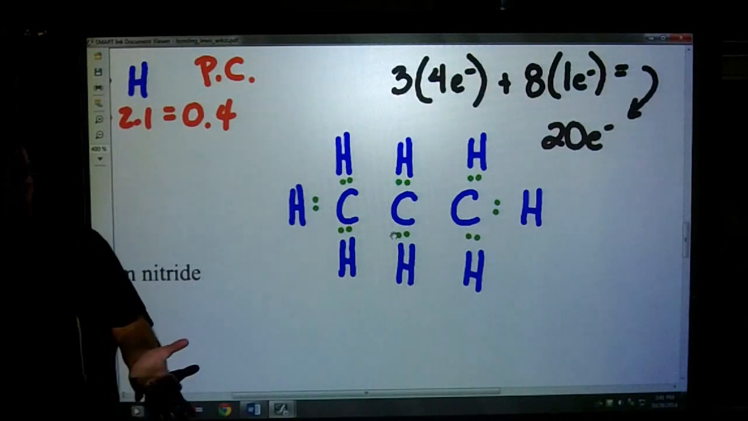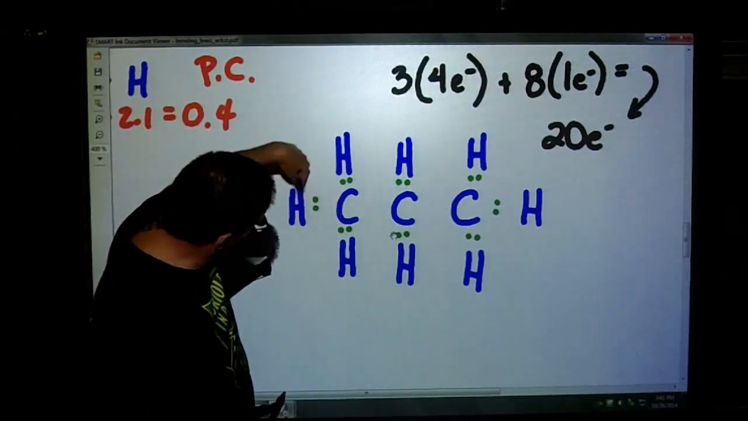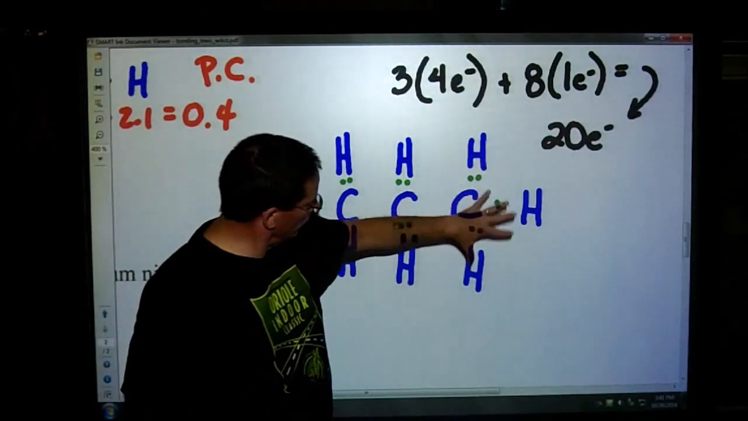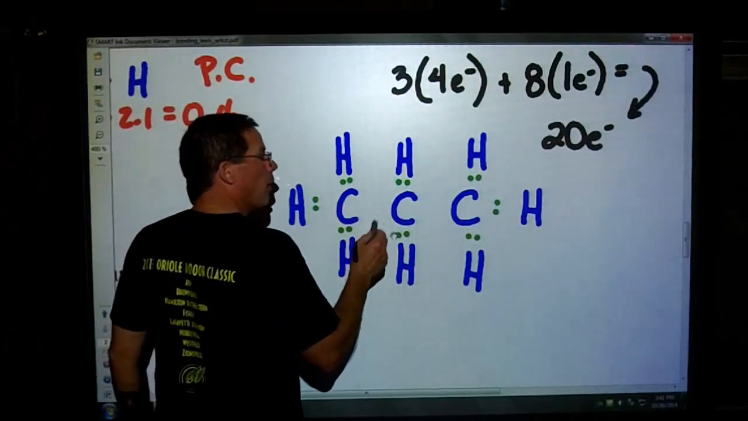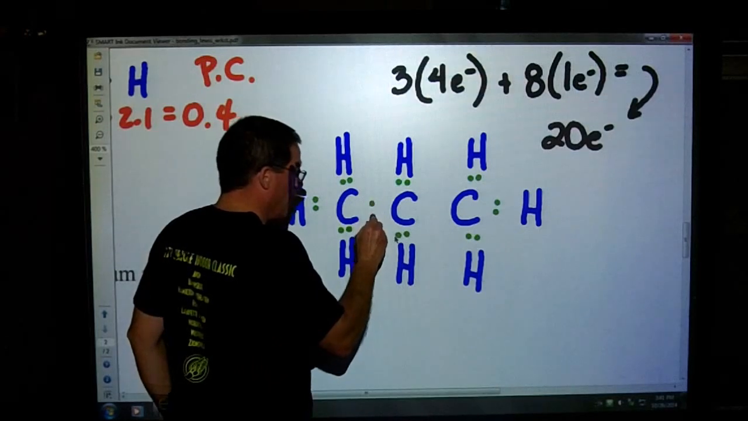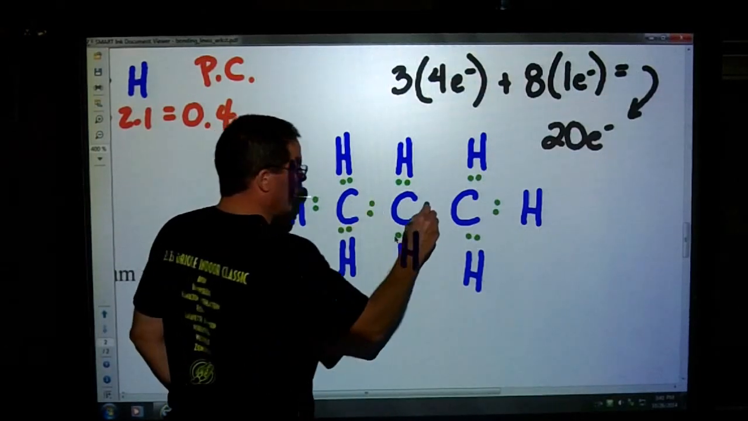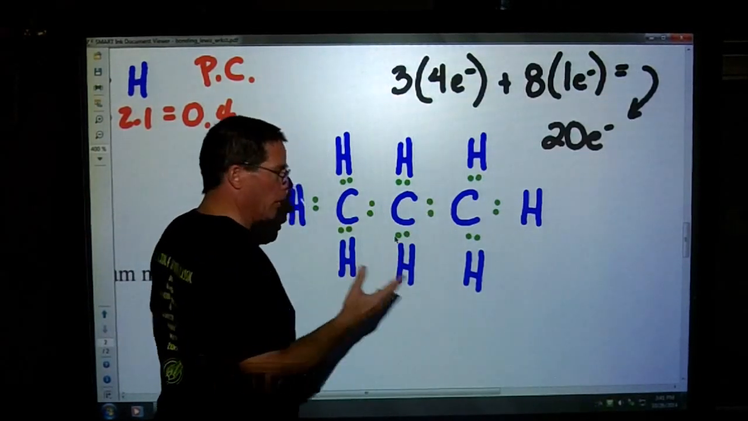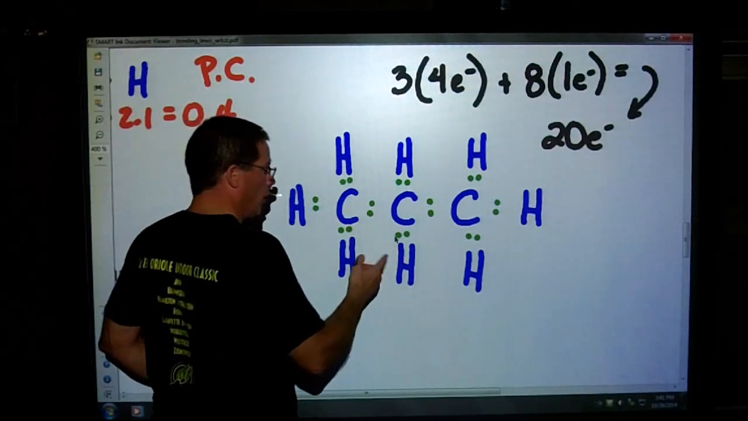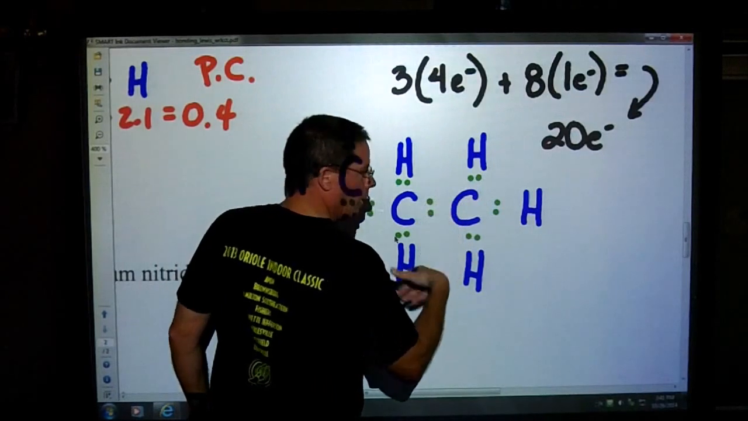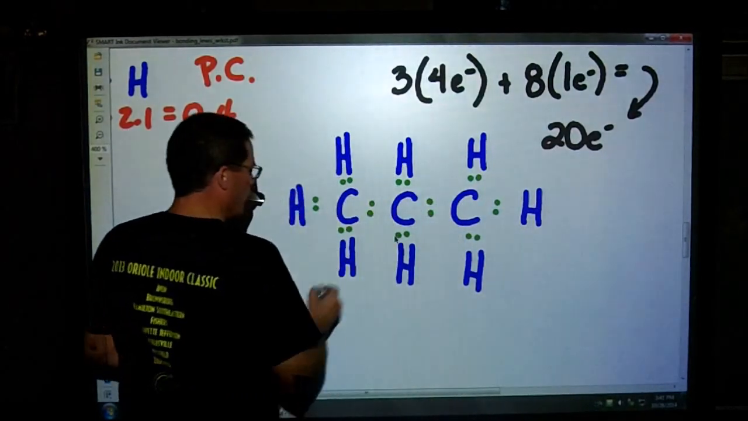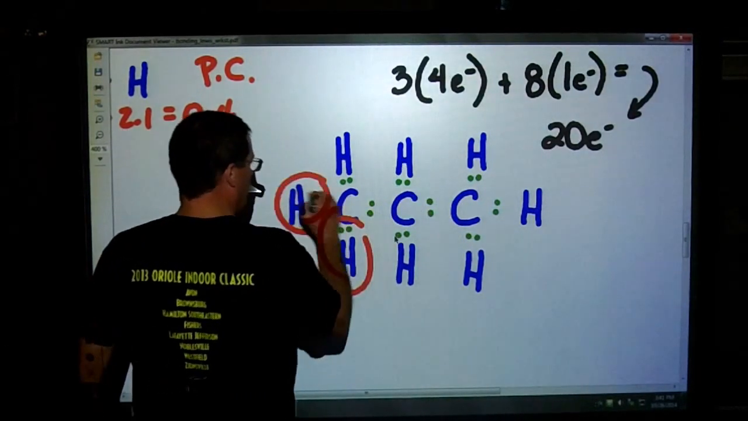We need 4 more. If we look at it, this carbon has 6, this carbon has 6, this carbon has 4. So if I place whatever's remaining between these carbons, I added 4 because I had 16 originally. Now I have 20. This carbon has 8, this carbon has 8, that carbon has 8, and all the hydrogens have 2. So when you look at it and draw your circles,